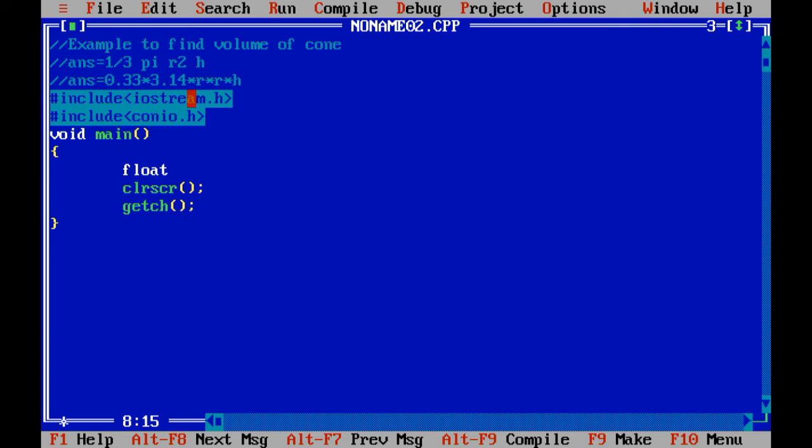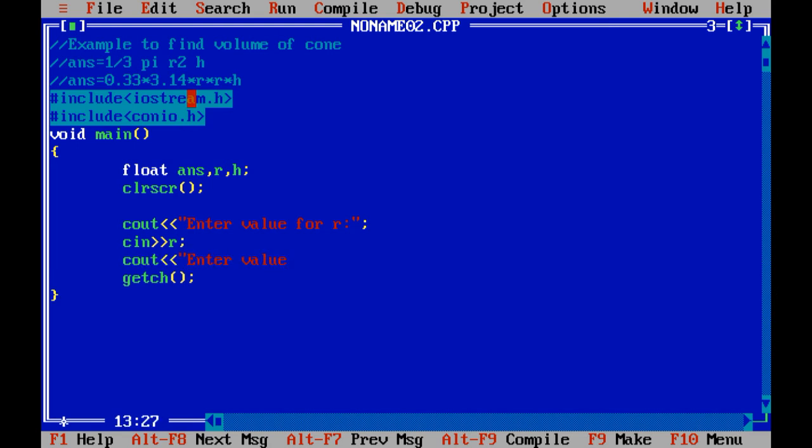Three variables we need to declare, that is answer, r and h. Two values I need to input from the user, that is enter value for r, because that variable is my input variable. Again cout enter value for h, cin h variable. Now processing statement, we have already simplified the given formula.